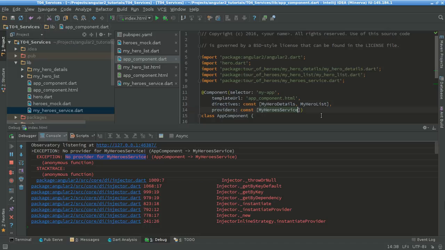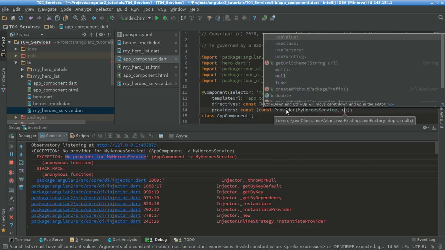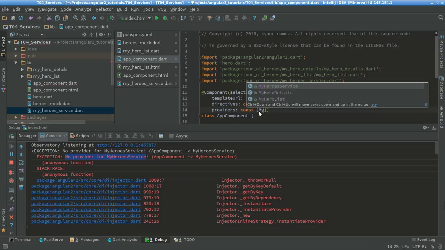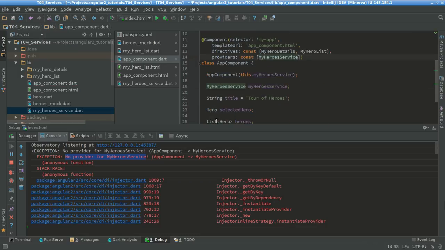This is the same as doing this const, I think it's provider, dynamic use class, token is gonna be my hero service, and use class my hero service. So the previous one is the same as doing all this long thing. So basically this is the same. So I'm just gonna make it shorter, and I'm just gonna put my hero service here, and run it again. It should work correctly,